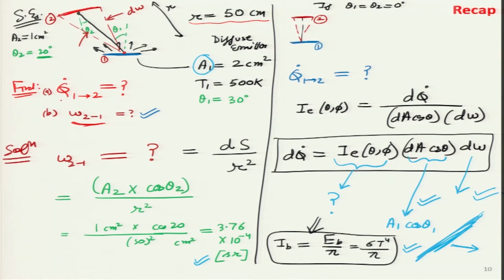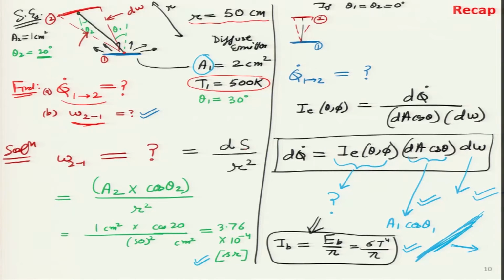And then we wanted to calculate q dot 1 2, since surface 1 is at a finite temperature of about 500 Kelvin, how much of the radiation emitted by it is intercepted by surface 2. So, over here these examples we can take from real life as well. In real life, surface 1 could be some sort of a transponder, or it could be a heat source, and surface 2 is a receiver. And then it is very important to figure out how much of that energy which is leaving surface 1 through radiative heat transfer is able to hit surface 2. So, these are real life examples which we are taking over here, and we solved for both cases.